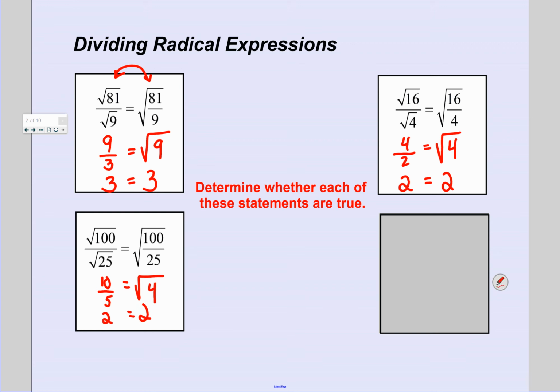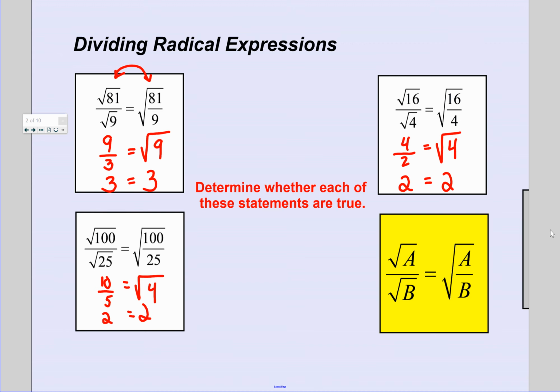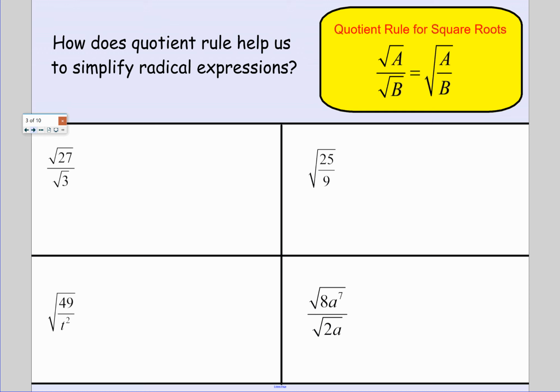This helps us understand what our quotient rule is for radical expressions. The quotient rule is that if you are dividing 2 different radicals, the square root of a over the square root of b, that's the same thing as taking the square root of the quotient altogether. And so now that we understand this, let's see how we can use this to help us simplify radical expressions